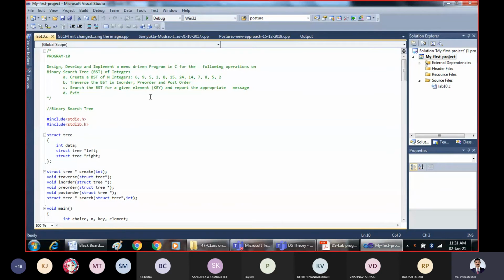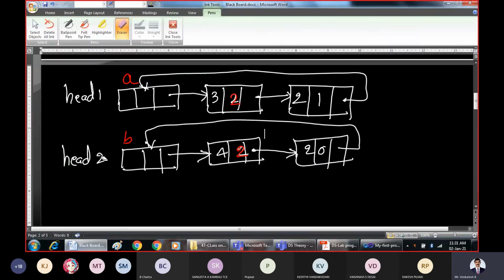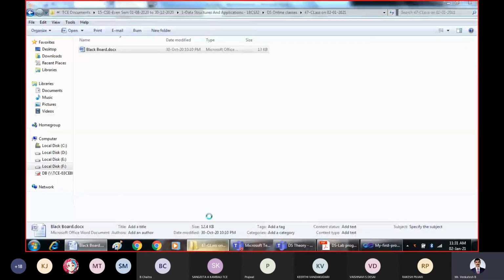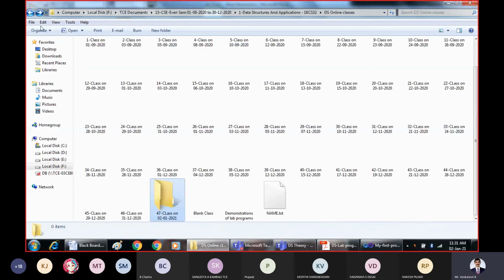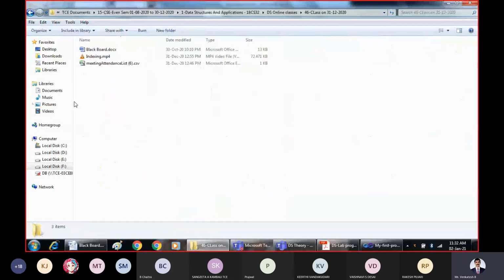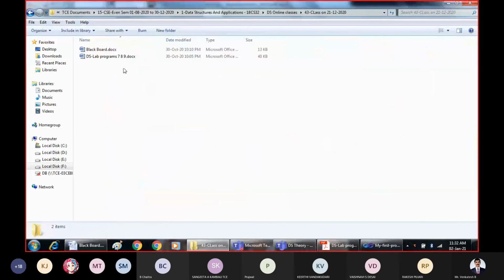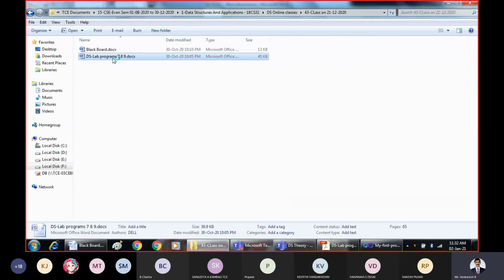Right? So if possible, I'll try to show the demonstration. I need to go back to the Word file now to copy the 9th lab program. Yes, here we have the 9th lab program.